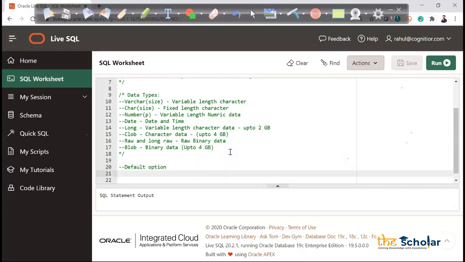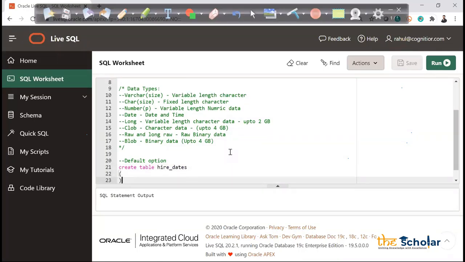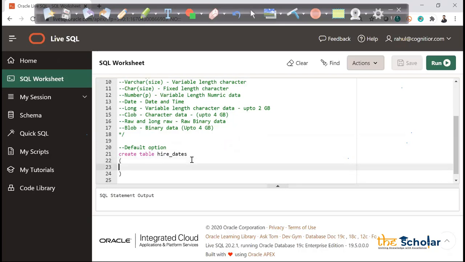Now, what is this default option? For example, let's say I am creating a table named hire dates, and in this table I have a few columns. Let's say my first column is employee ID. I am passing that as a number.